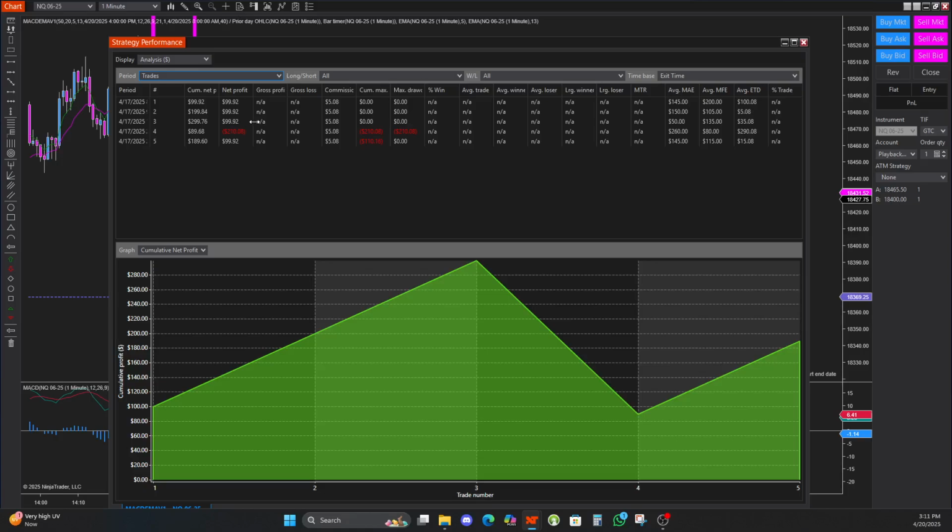This day and age, with everything happening in the market, not sure if you follow the news, the market has been a little bit more volatile. The VIX has been higher. So